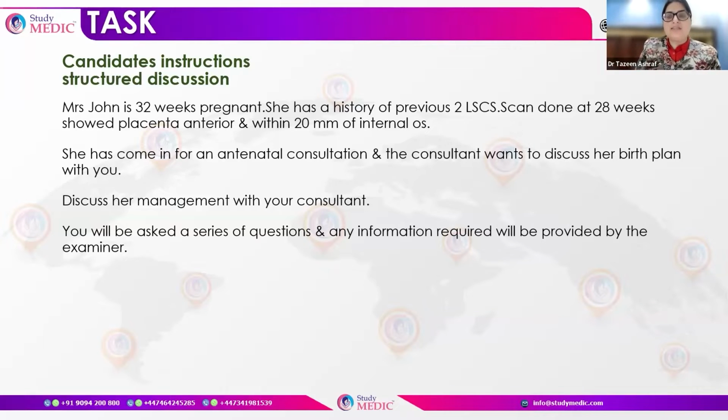Along with that, it is important to see the current pregnancy as well, how the pregnancy has been up till now. Is there any history of any bleeding or any problem for which she has been admitted, or she is taking care with the doctor. Any previous surgery in this patient is particularly important, any surgery on the abdomen, and any medical history of concern for which she is following up with the GP. Along with that, allergies, any medicine, drugs or food allergies, as well as any concerns for blood transfusion are